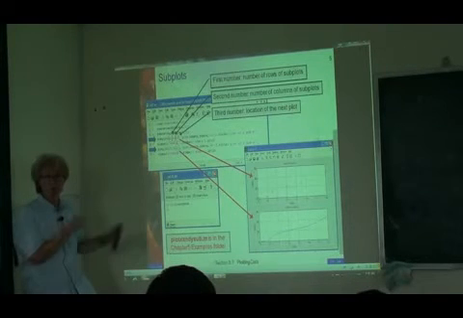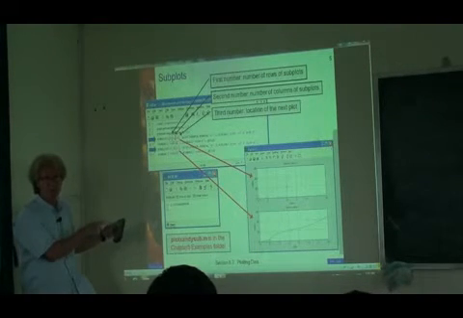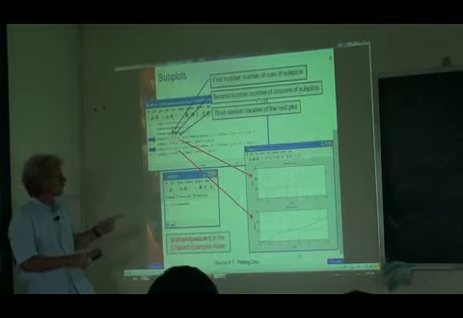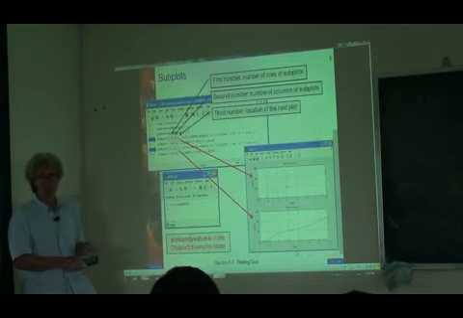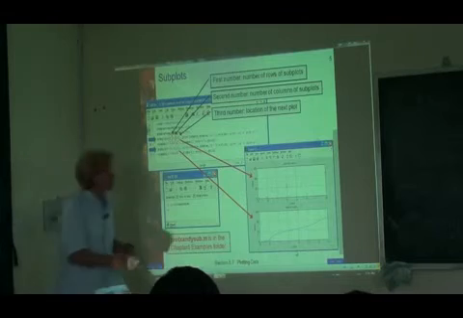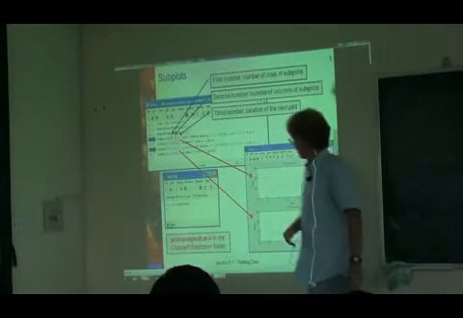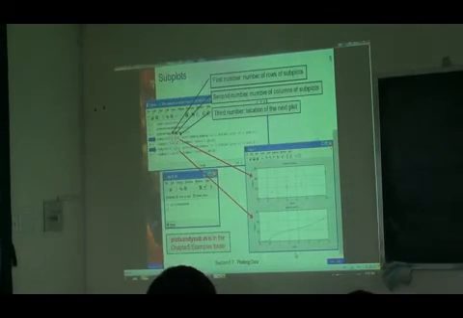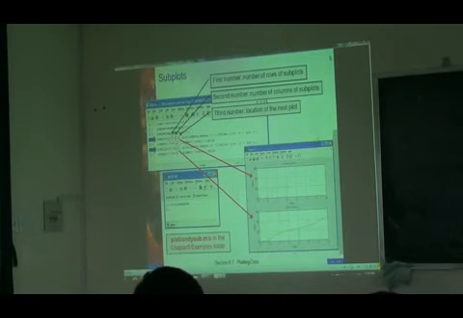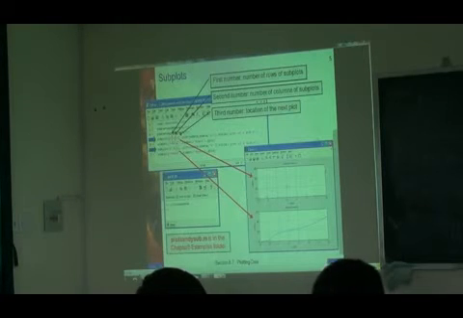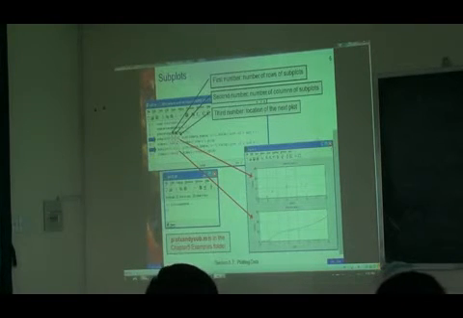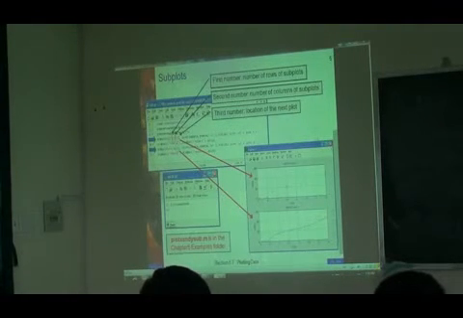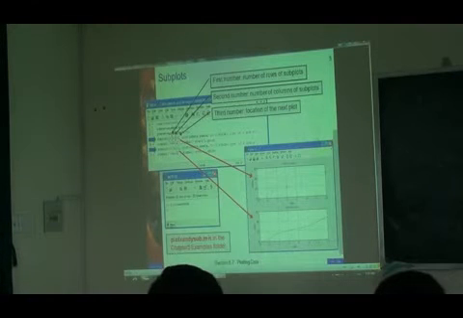Something else you can do, as long as we're talking about having multiple lines on the same picture: MATLAB will create a legend for you. That's handy also. You know what a legend is? A legend is if you have multiple lines on the same plot. Maybe one of them is circles, one is a straight line, maybe one is little triangles, some other data. Somewhere over here you have a box and it says, here's the red circle, and next to that it says data. And then you have the triangle. Next to that it says,